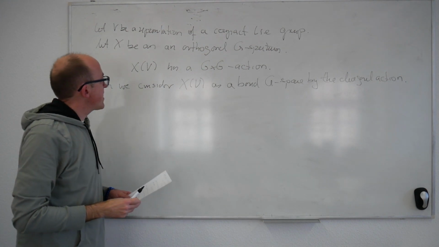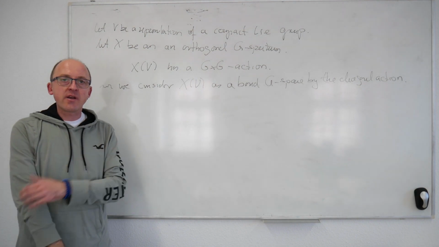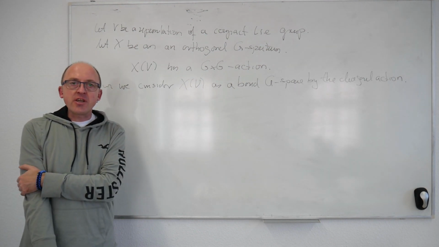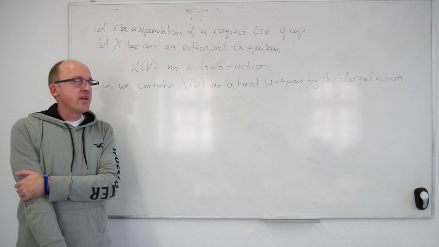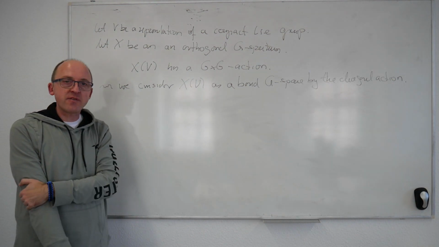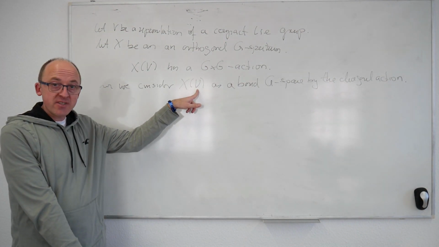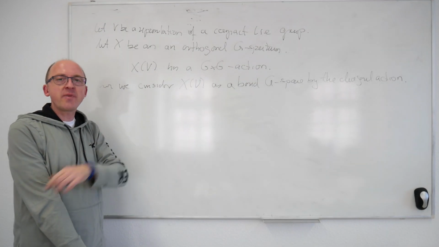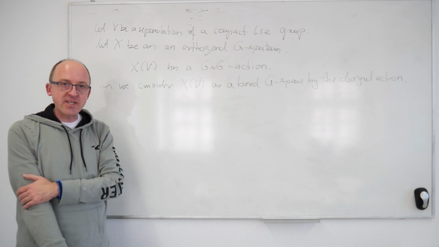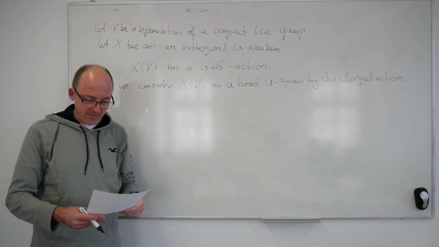So if we plug in a representation, we get a G space out, and one thing that is really crucial for the global story and to see where the compatibility of all these actions comes from, there is of course the possibility that the action of G on the orthogonal spectrum X is trivial. Still, we can plug in a G representation, and then because here there were two ingredients for the action, we're still going to get a non-trivial G space out, namely from the action on the representation. Even if we had an orthogonal spectrum with trivial G action, that's what we will be doing all the time in the global context. So that's an important detail.